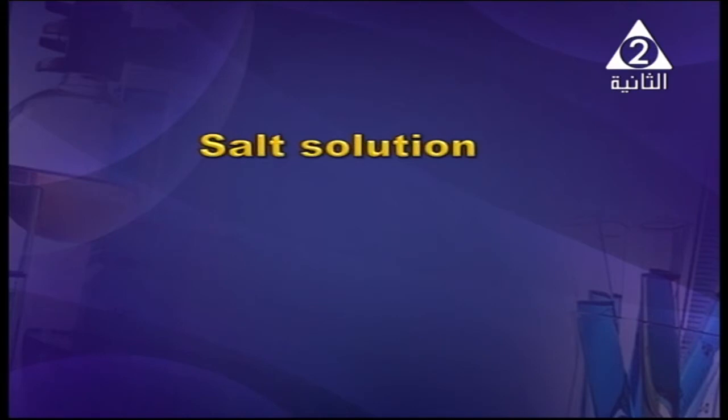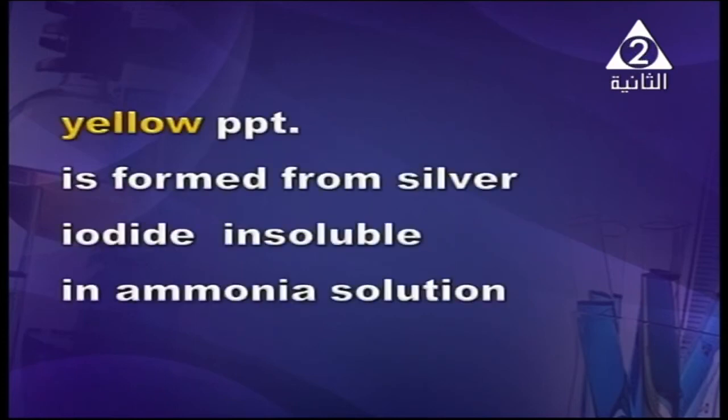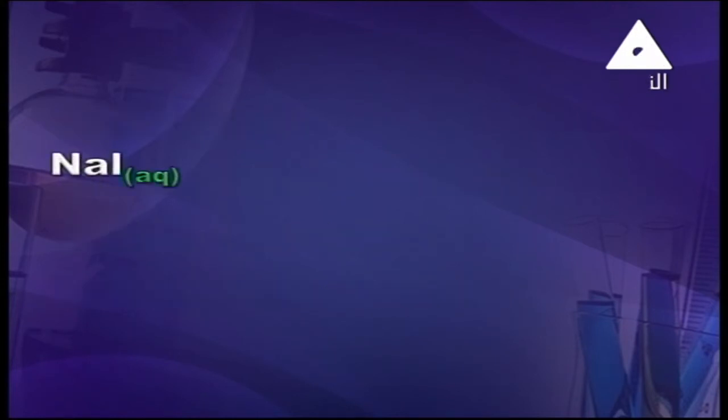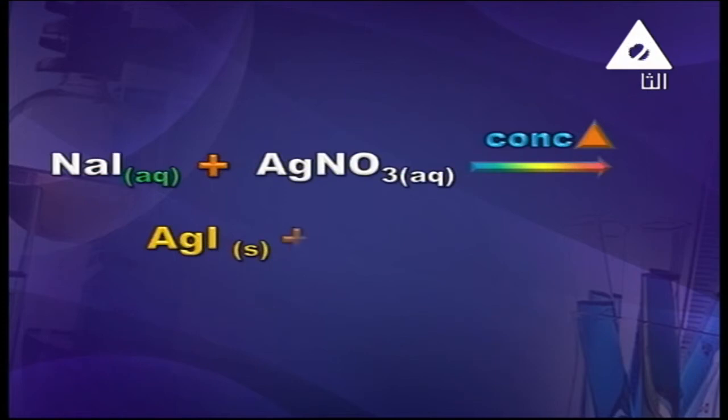Also, when you do a confirmatory test with salt solution and add silver nitrate, do you think what happens in this reaction? A yellow precipitate is formed. This is from silver iodide, which is insoluble in ammonia solution. Not soluble, insoluble. My dear, NaI plus what? AgNO3, double substitution, gives me AgI plus